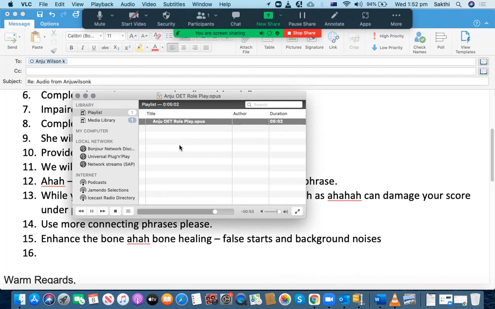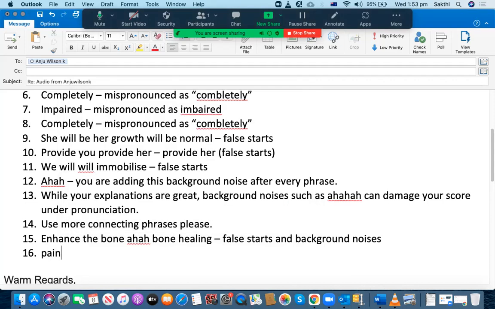Okay. Okay, nurse. Okay. In addition to that, limit her activities. She can do all the normal activities, but just limit activities of her right hand so that it will not be more painful for her. Is that okay for you? Okay, nurse. Okay, so it will not be more painful